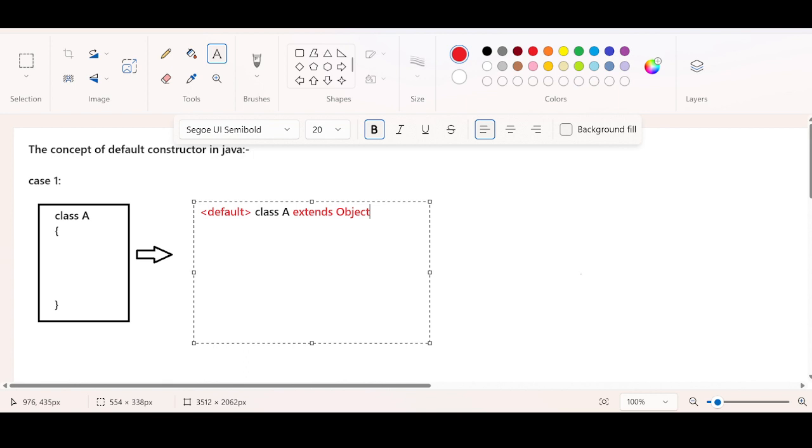Likewise, for every Java class, all the basic functionalities are placed in the Object class. That's why every class has to extend the Object class. So this may look like a repetition, but trust me, this is something different. Default class. Now